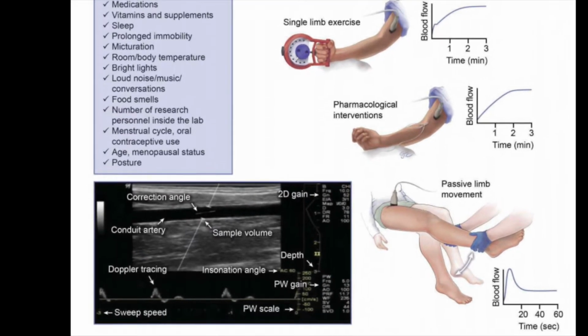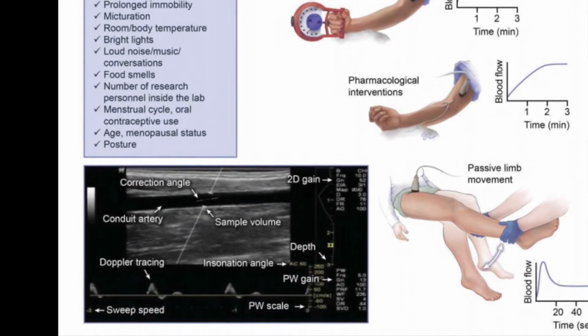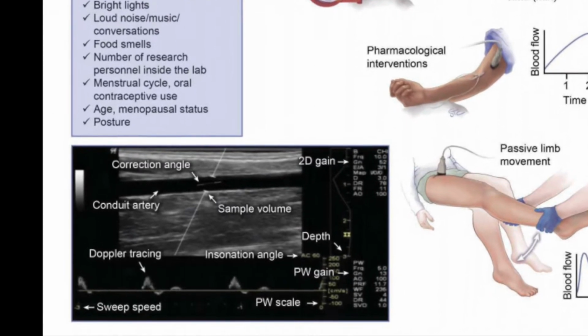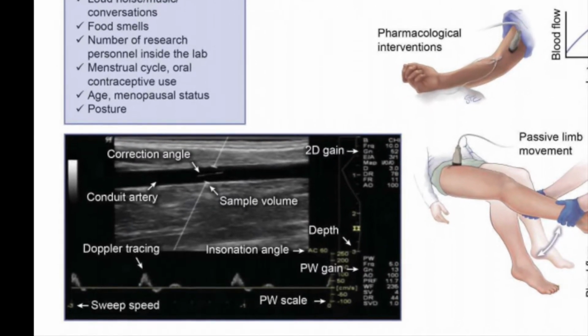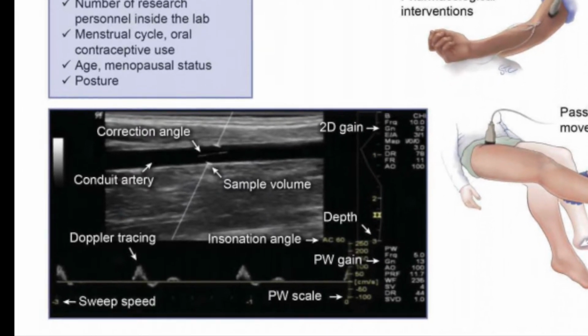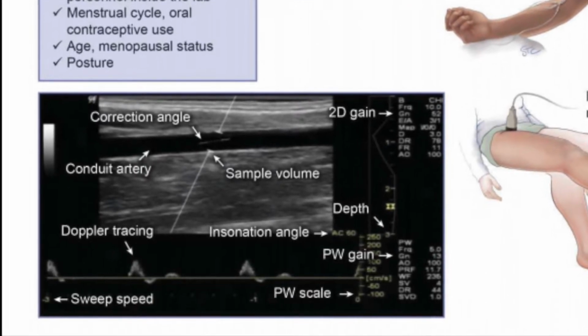In particular, the authors address topics related to experimental design, data collection, and signal processing, as well as review common procedures used to assess resistance vessel function, including post-occlusive reactive hyperemia, passive limb movement, acute single limb exercise, and pharmacological